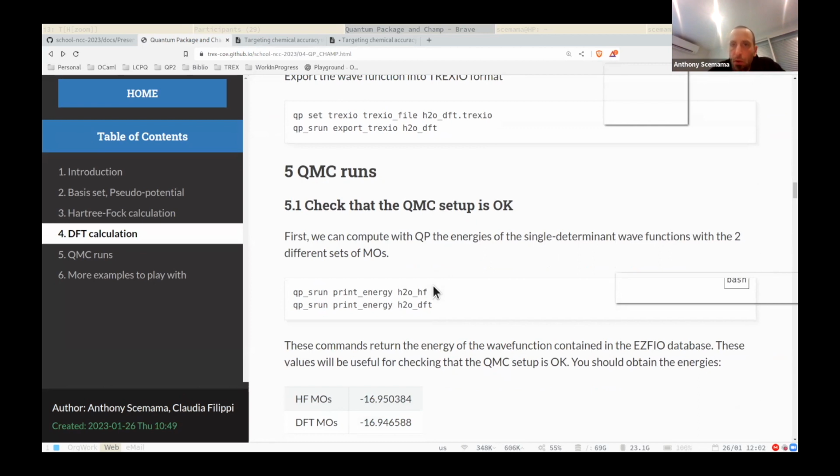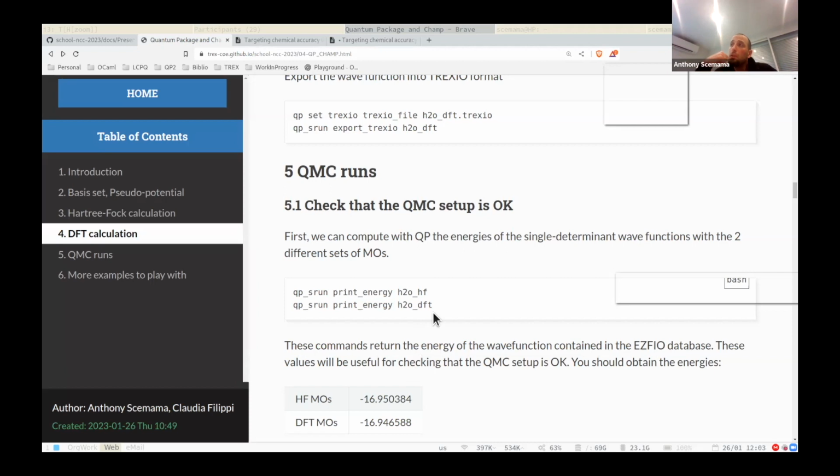And just also, once you have done this, you have seen you could do qp run scf, qp run cisd, but we also have a program which is called print_energy. What it does, it just calculates the energy of the wave function that you have in the directory. Okay, so if you have made a Hartree-Fock calculation, qp run print_energy will give you the Hartree-Fock energy.